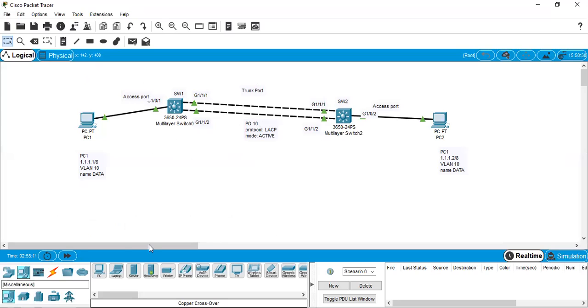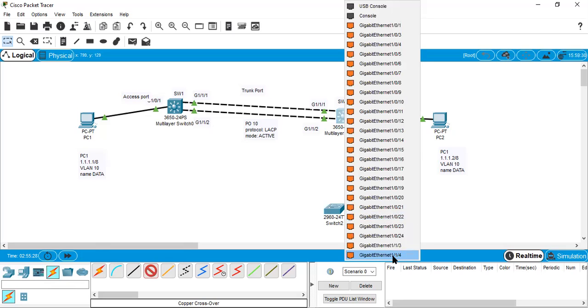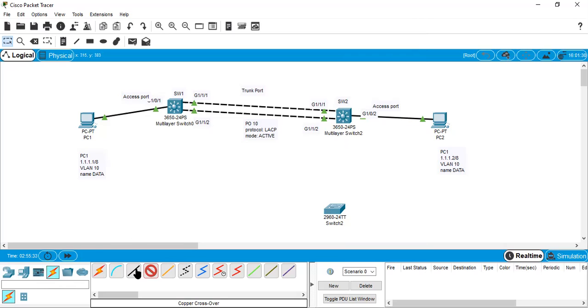Let's say you have other switches, as an example, I have another switch here. You also need to know this switch has uplinks. So let's say I turn on this new switch.